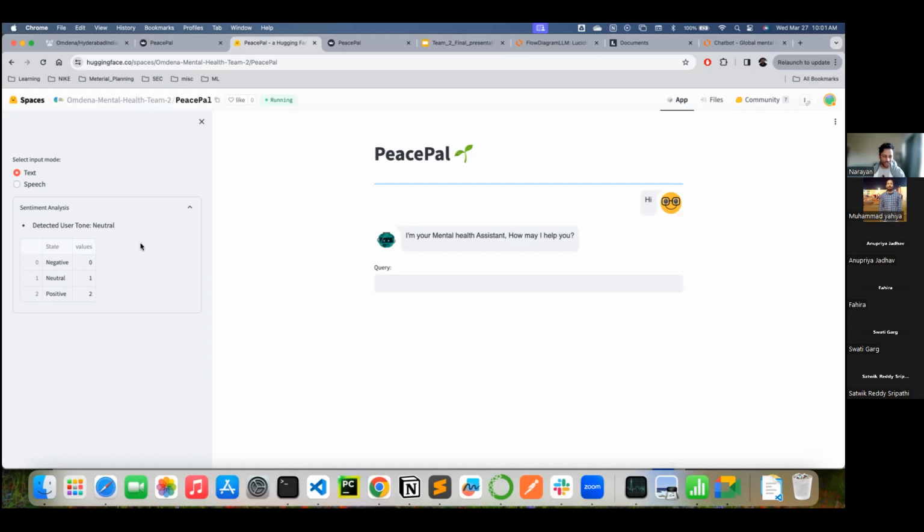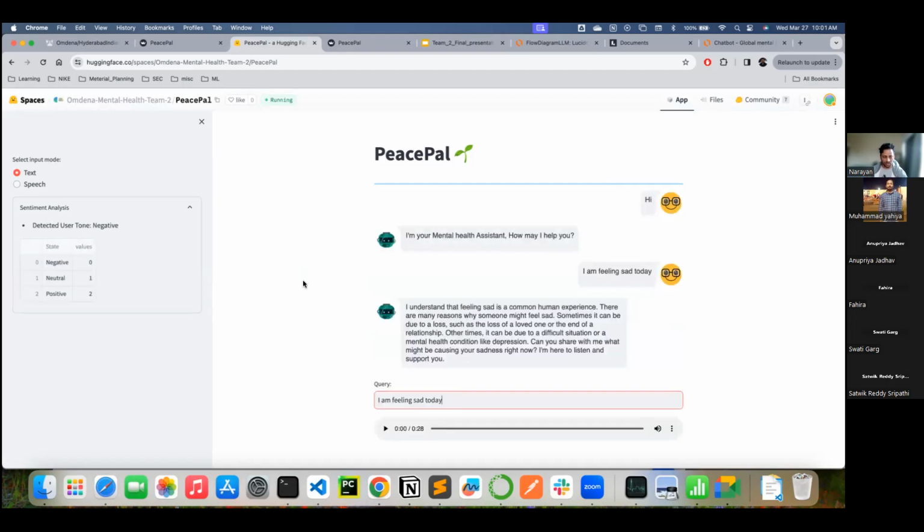Currently, it is set to neutral by default, and based on the input, it will change. Let me type something. Now if you see, the user tone has changed to negative.